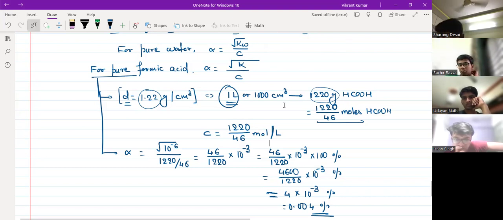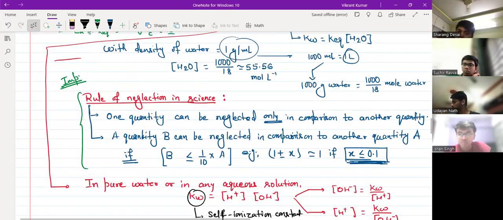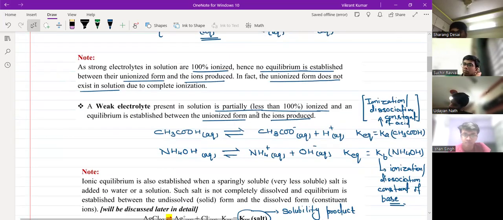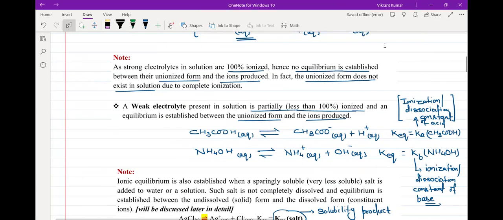Now, if you see these things, whatever we have discussed so far, let's look from the start, because we need to talk about the next section. Before going to that section, when we discussed this, you know the value of this thing, roughly, if you see this number, it is roughly 1.8 into 10 raised to minus 5 at 25 degrees Celsius. This is also roughly 1.8 into 10 raised to minus 5.